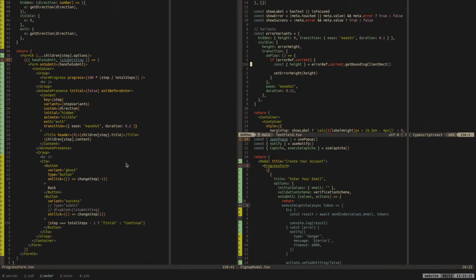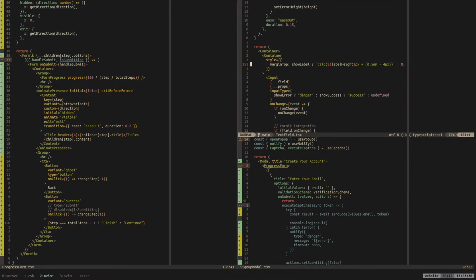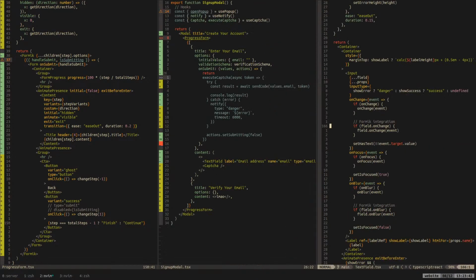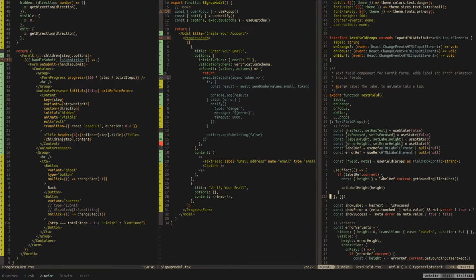But yeah, okay. So basically, let me see. Oh yeah, we were going to do this next. I need to figure out why the label is not staying up. Okay, let's do a new split thingy. So the label, it's what show label is. If it has text and it is focused. Huh? Interesting. Or is focused. Interesting, okay.